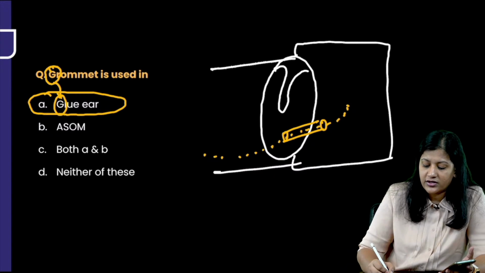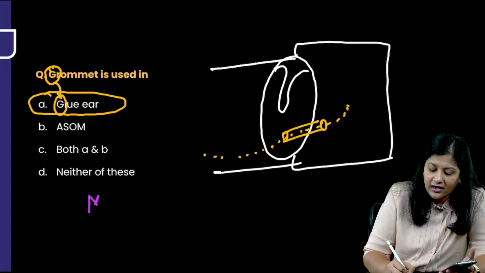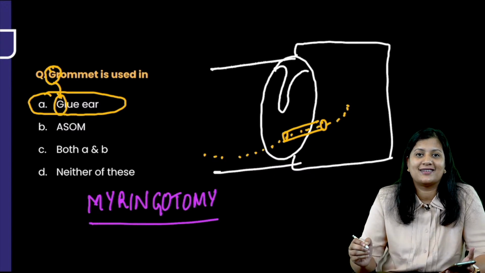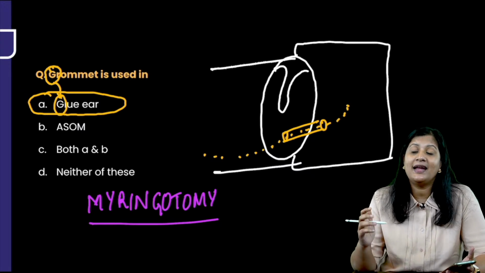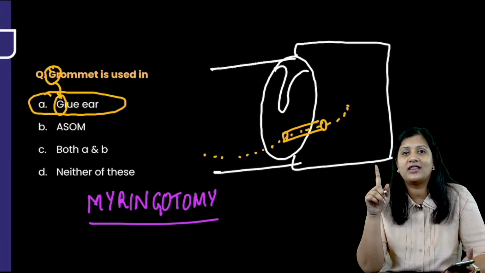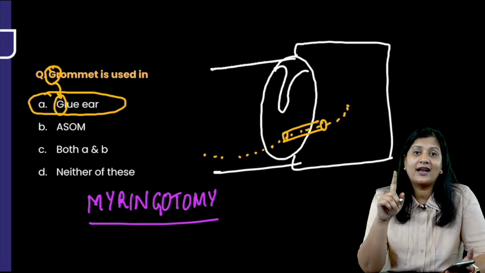But if the question would have been myringotomy is done in, then what would you answer? Yes, myringotomy can be indicated in both ASOM and SOM. Then your answer would be both A and B. So do not get into the